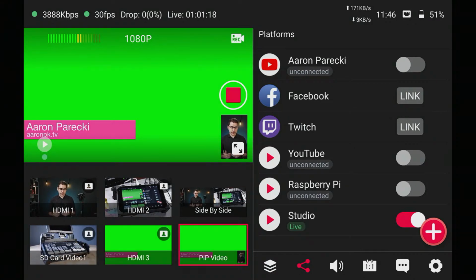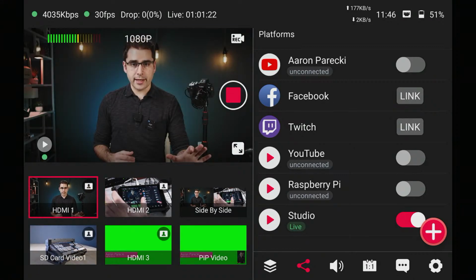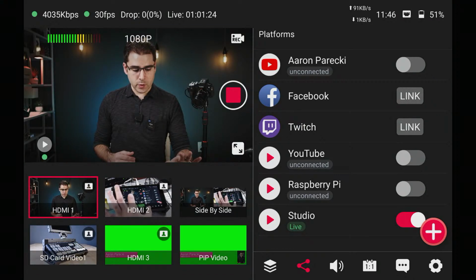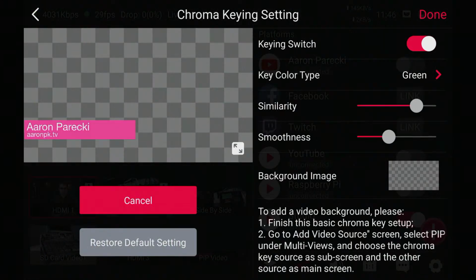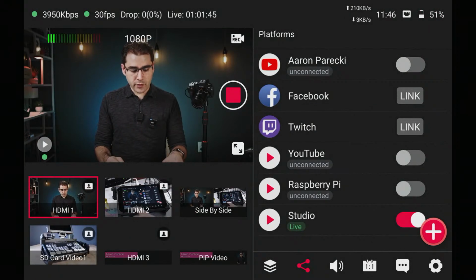Now we need to green screen it. So I'm going to go back to main camera, and I'm going to tap on here, and we're going to do keying switch, and you can see it remove the background. And then, okay, here's the important part. To add a video background, finish this setup, go to add video source and select picture in picture and choose the Chroma key source as the subscreen. That's the trick. So we're going to go out of here, and you can see my HDMI 3 is now showing the